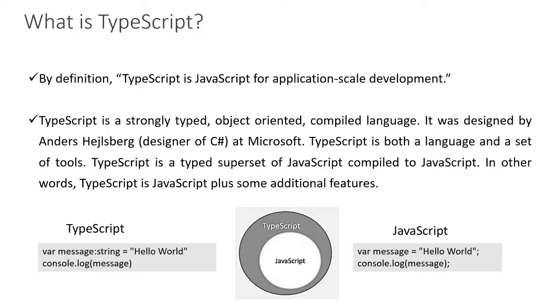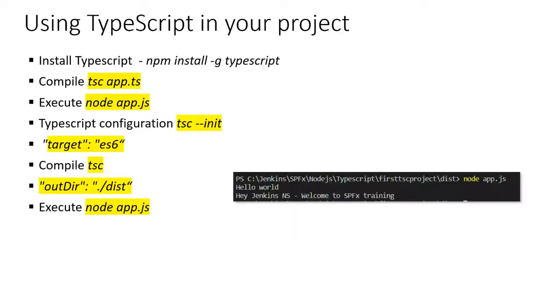While developing, we need to bring it as a strongly typed, object oriented language. It's designed by the same person who developed C#, Anders at Microsoft. The same person developed TypeScript. That's the reason we can see interfaces, classes, scope, private methods, everything is available there. We can utilize it, right? If you are coming from C# or anything, you don't have much difference. Only a little difference. I'll show the examples.